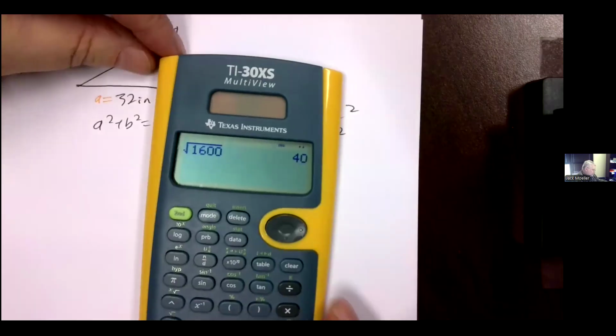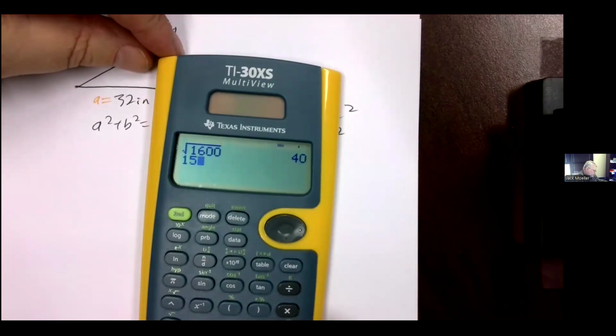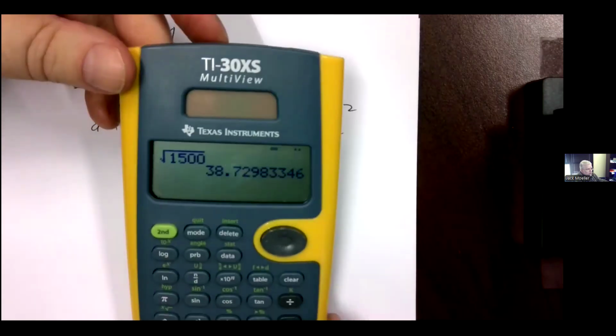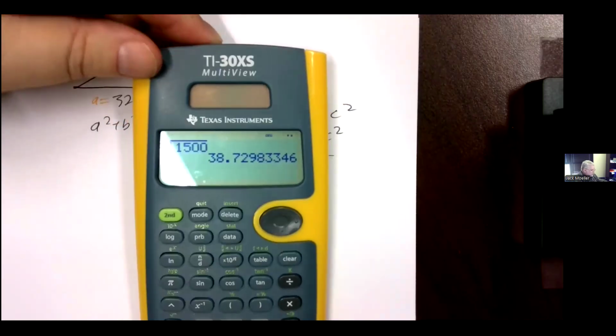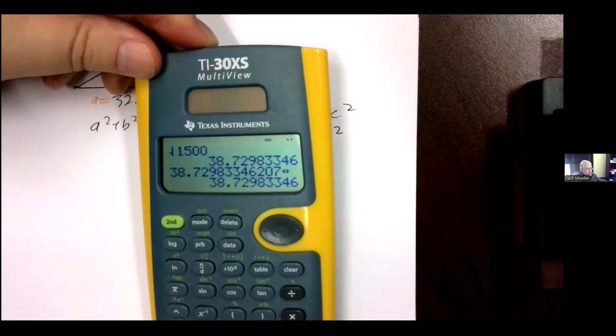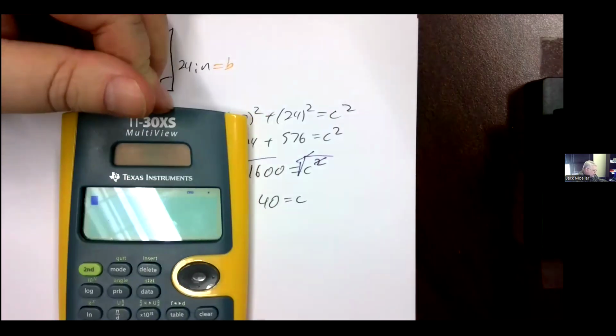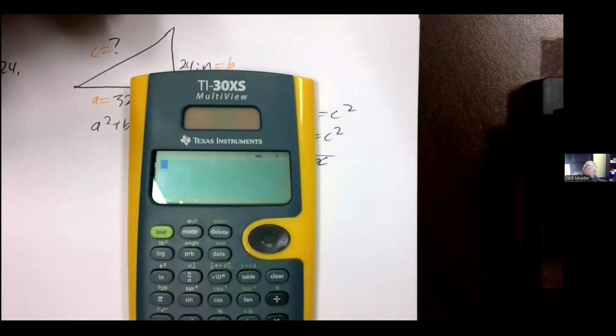If it's not a whole number, so let's say we're going to do square root of 1500. Now notice this calculator already gives me a decimal. Some of you, particularly the ones we're using in class, are all set up in math mode. Okay, so this one's still in math print. The reason it gave us a decimal automatically is that 1500 is a big number, but let's say I did square root of 50. So if you have a smaller number,